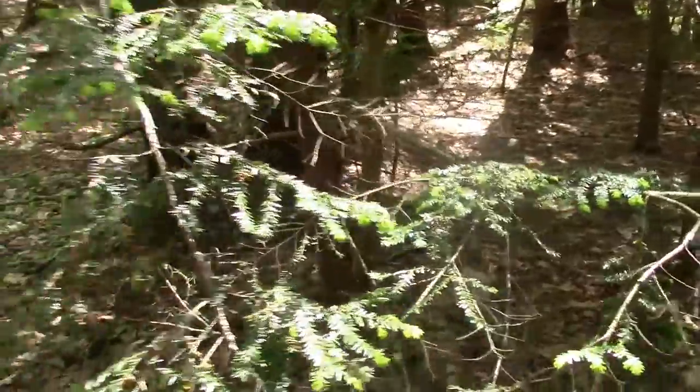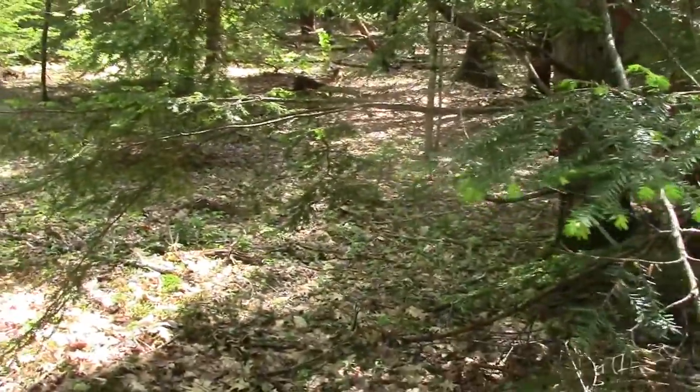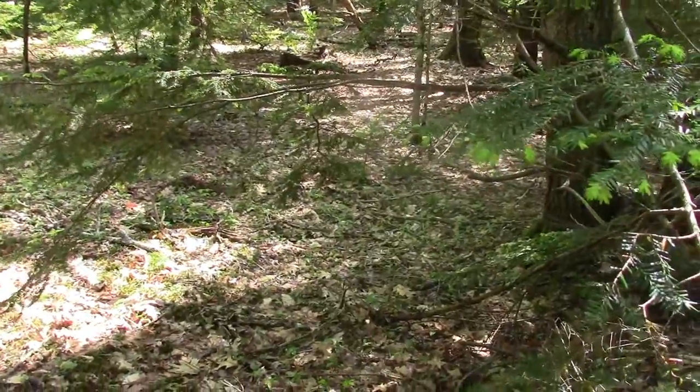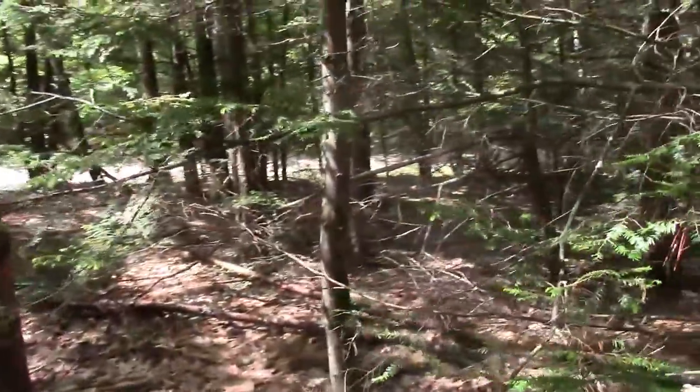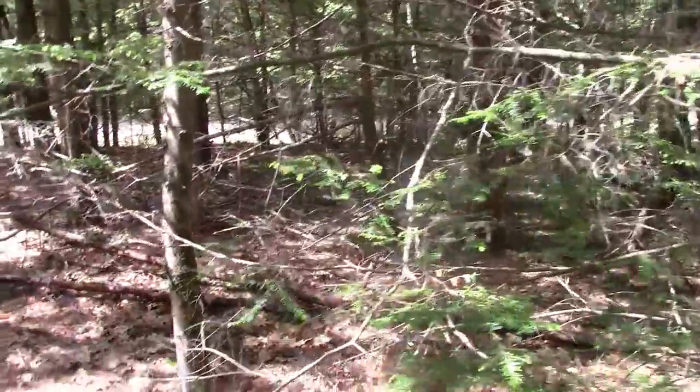I found a hole that I couldn't get the item out of. I tried to dig it again. I still can't get it out. So I'm just kind of meandering my way out. Kind of a little frustrated and discouraged. You know, I thought it was going to be a better day than it was, but on the way out,